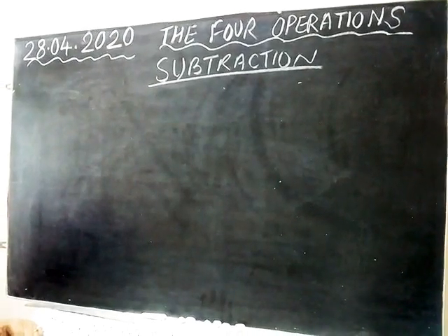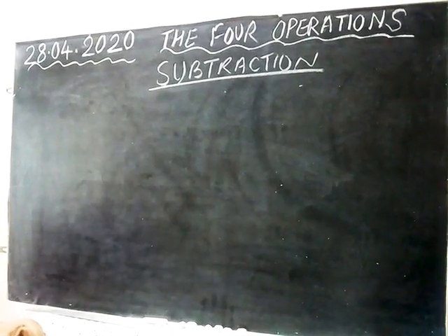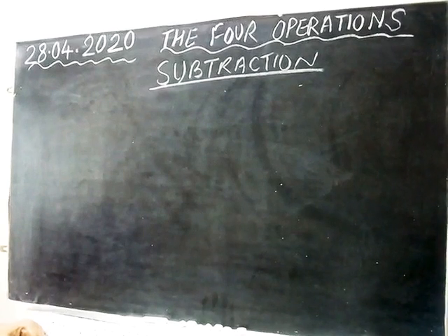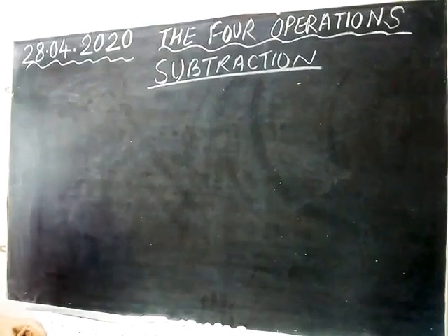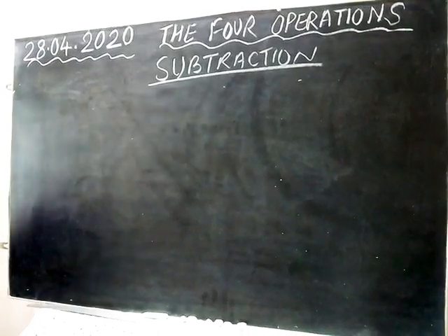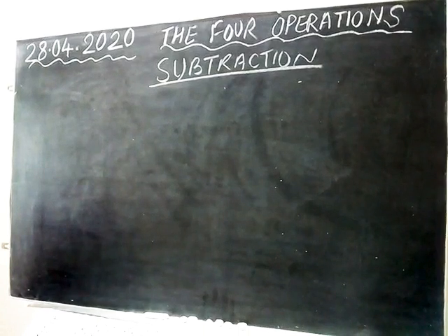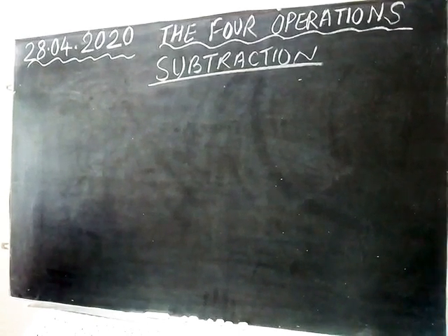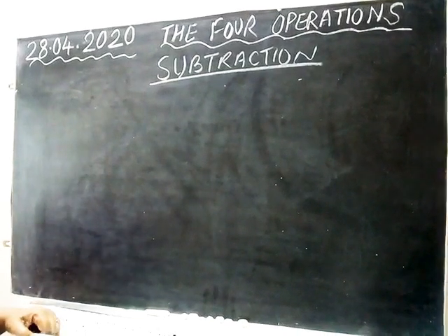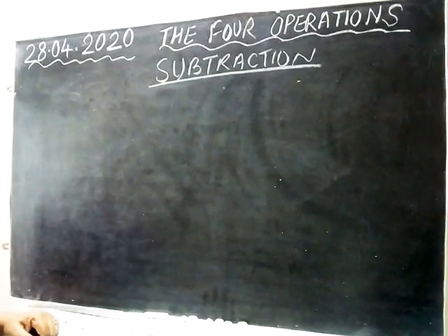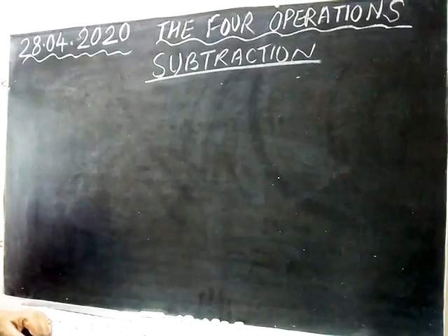Before we begin the second topic, children, our second topic today is subtraction from the same chapter, the 4 operations. Let me explain 2 examples which I gave you in the worksheet. That day I did not explain because it was not so tough or difficult. I just gave it so that you can apply your common sense and solve the question. But still today I am revising that so that if you have solved it, you can go through that and check your answer.